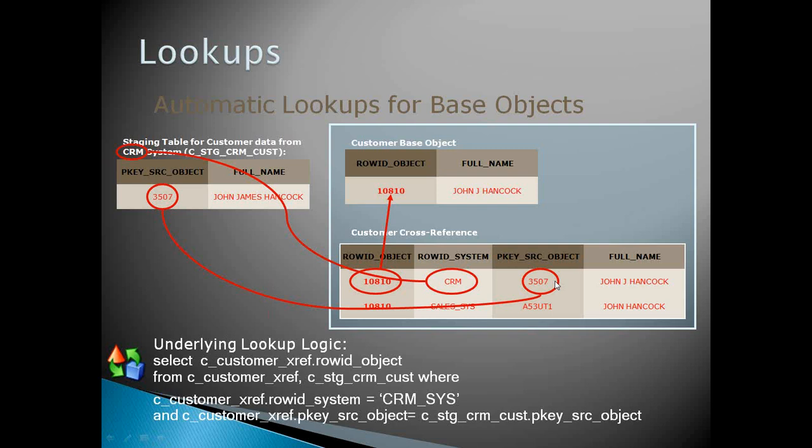Okay. Thank you. So first updates are done. Updates or inserts are done into the cross reference, right? Yeah, updates always happen at the cross reference level first, and then at the base object level. So we need to again do merge or consolidation to the base object level? No, automatically it will happen. First, if MDM finds that this is an update record, it will update at the cross reference level, then it will go and update the base object. As of now I'm saying it will update, but there are also scenarios where it might not update. But at the cross reference table, it always updates the records. Okay.